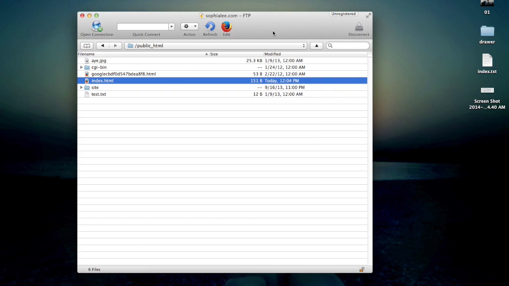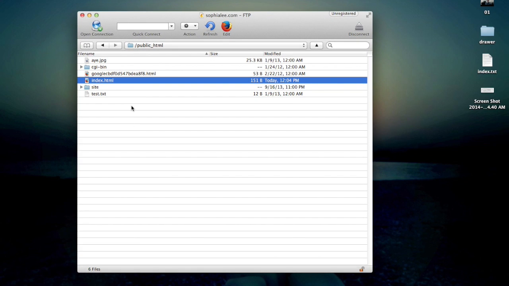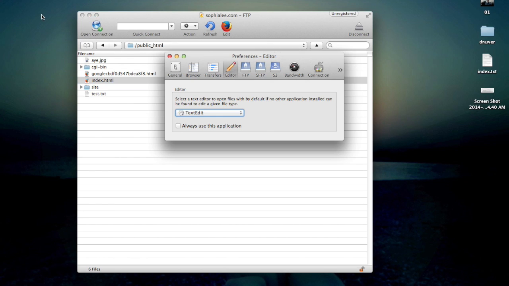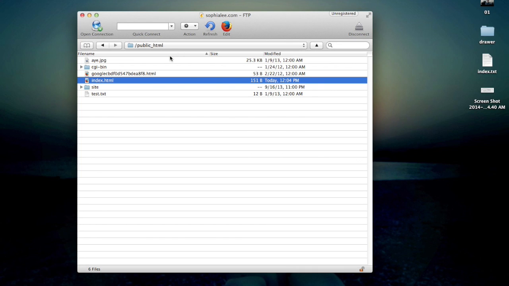So I've got CyberDuck open, and I've got it connected to my FTP server. The first thing I want to do is go over here to Preferences and make sure that my editor is set to TextEdit. You may have a bunch of different options in there, but TextEdit is the one that I want to go with. Next, I'm going to launch TextEdit,